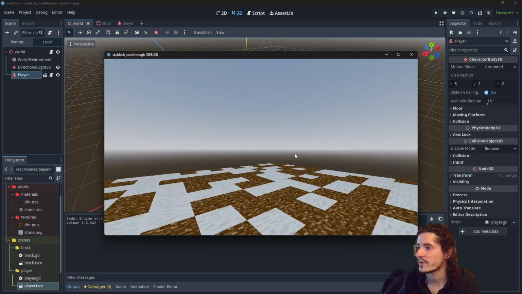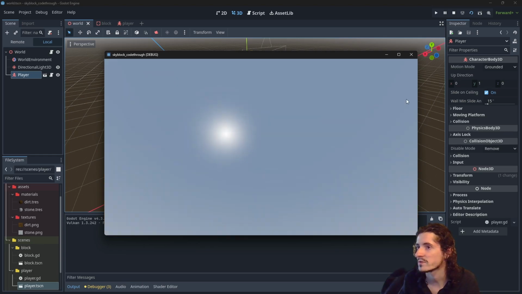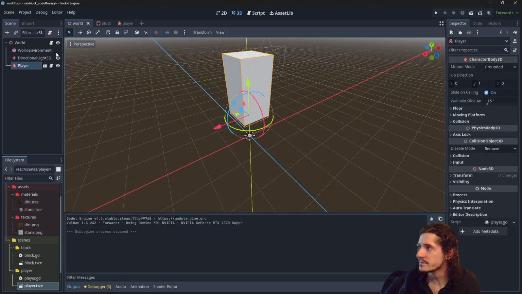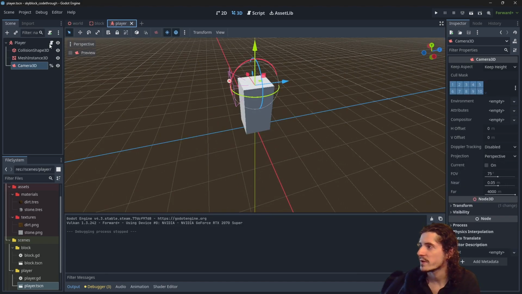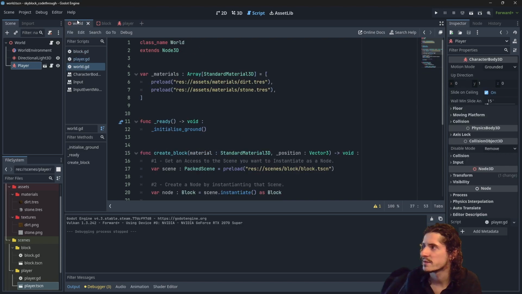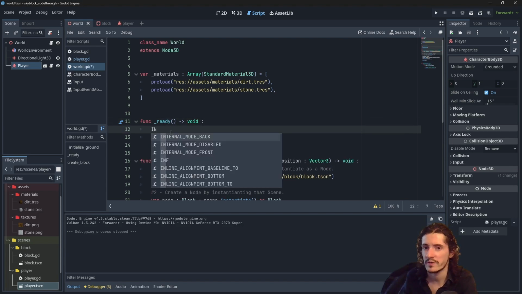So we still have the very last issue of the mouse being free, which is not what we want. So that's a very simple fix. We could add this to the player, but technically, yeah, ultimately, that will be the user interface deciding this. So maybe we will set that in the world. Here we do want just to change the